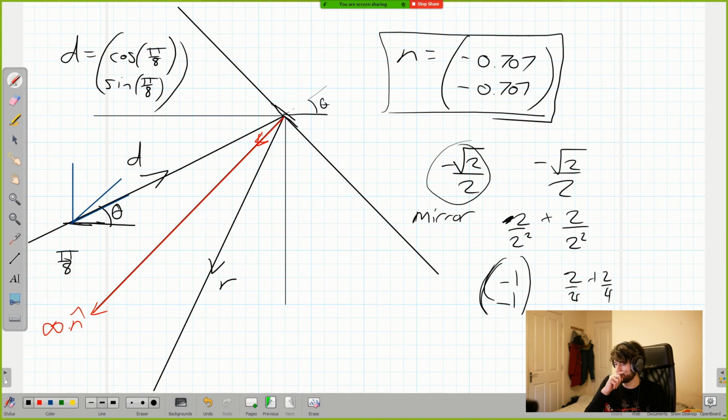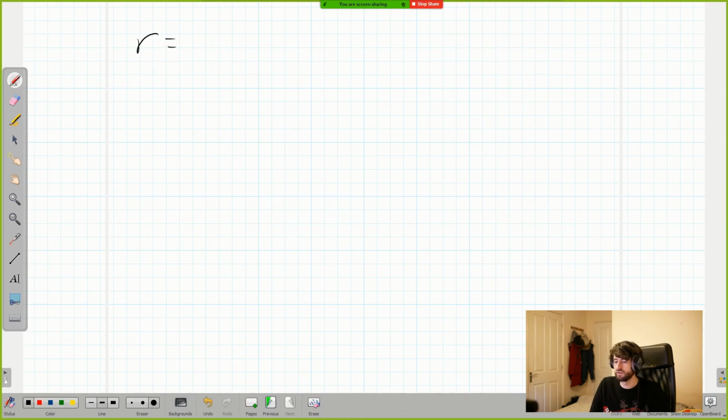So this is our n, and this is our d. Then our final solution, r, is going to be d minus d dot n multiplied by n, divided by 1, but 1 is 1. So this thing is the same as